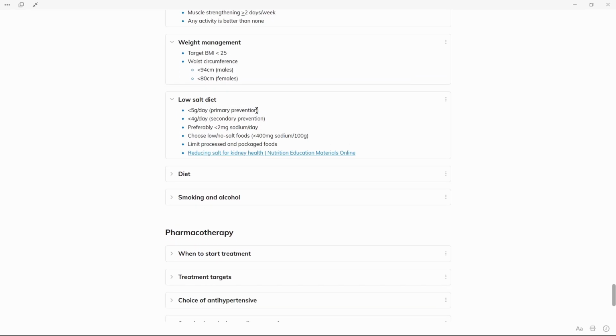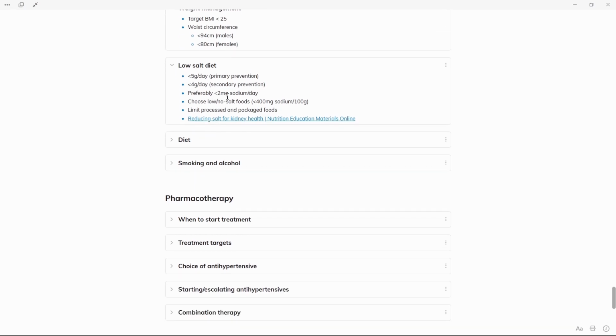For primary prevention, so the patient doesn't have any cardiovascular disease, we aim for a salt content of less than 5 grams per day. That is salt content rather than sodium. We also aim for a salt content of less than 4 grams per day if the patient has cardiovascular disease, so that is for secondary prevention. Preferably, if we can, we should aim for less than 2 grams of sodium per day, which is roughly equivalent to less than 4 grams of salt per day, because that is more effective in reducing blood pressure than a